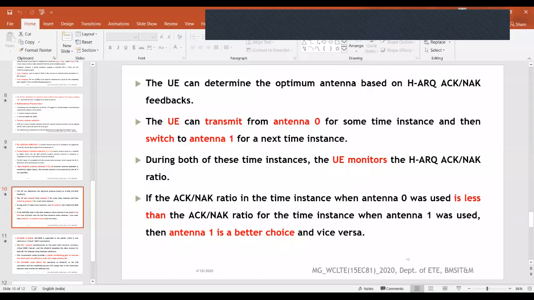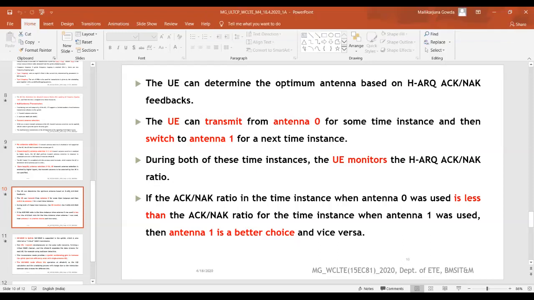If the acknowledgement ratio when antenna 0 was used is less than the ratio when antenna 1 was used, then antenna 1 is the better choice compared to antenna 0.